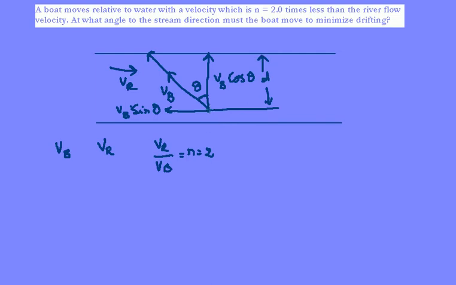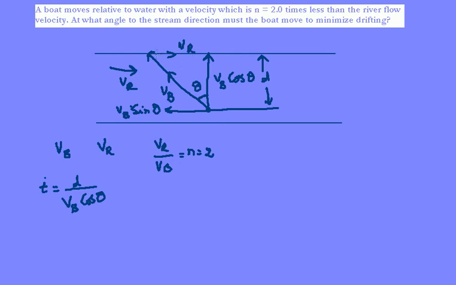The time taken by the boat to reach the bank would be purely through this vertical component of velocity. So the time taken t would be equal to the displacement d by the cosine component of the velocity of the boat. During the same time t, the boat would have already experienced some drift, which would be pushing the boat towards the other side in which it's moving.